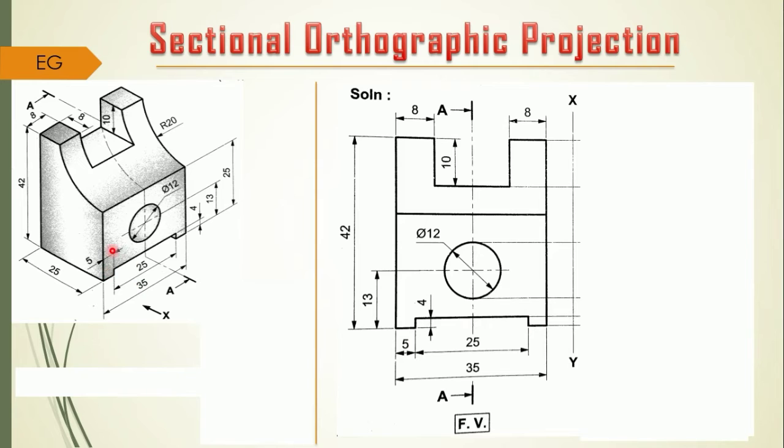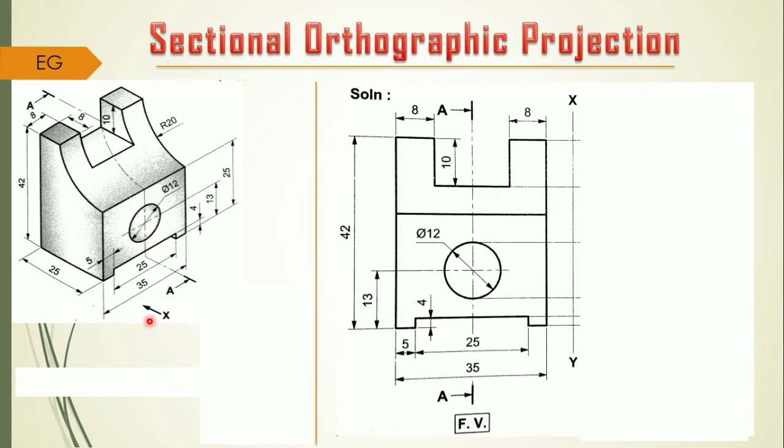After that, this rectangular portion has the height of 25 mm. So from this point just go upward by 25 mm, and again from this point go upward by 25 mm, mark these 2 points and simply connect these 2 points by means of a line. That gives you one complete rectangle where you have such a slot at its lower side.